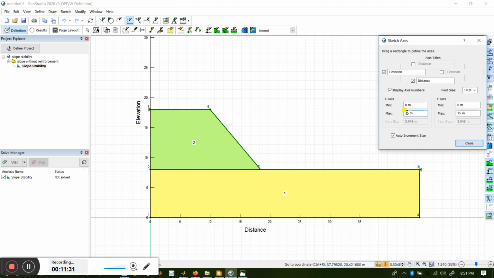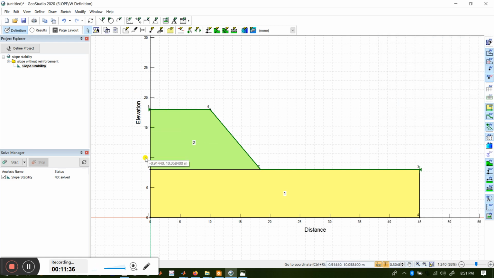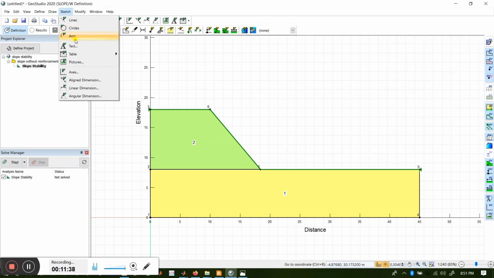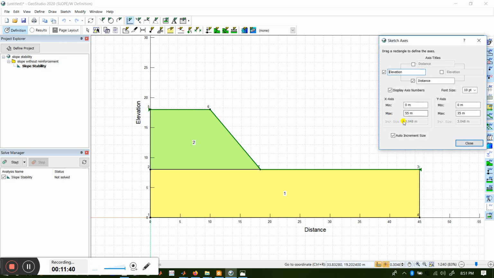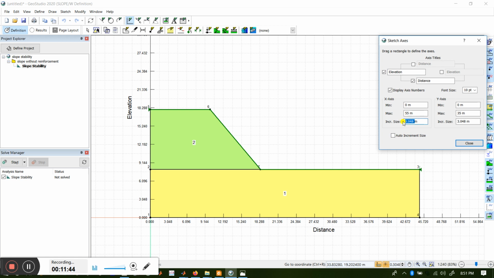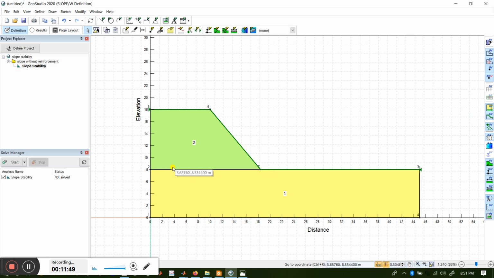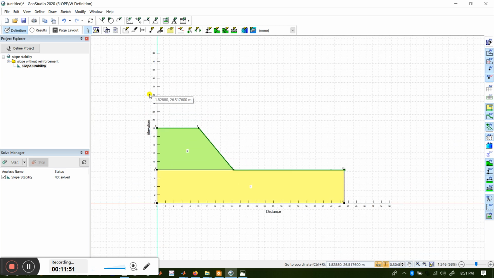X-axis I will increase to 55, and then I'll close it. You can also change the spacing by going to the axis. It's showing auto increment size, so you deselect it and select 2 meters each and close it. You can see now the axis is there, elevation and distance.